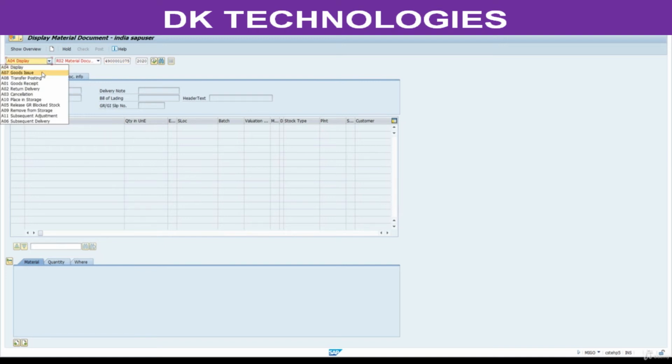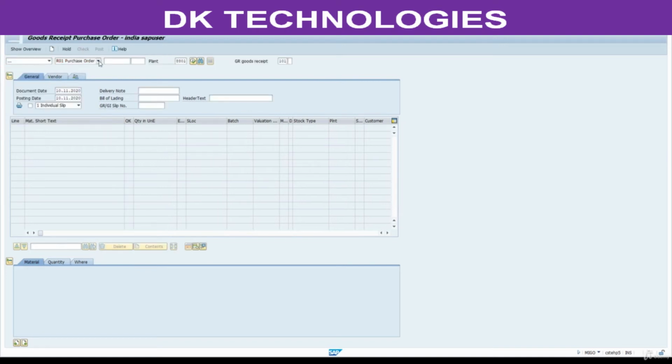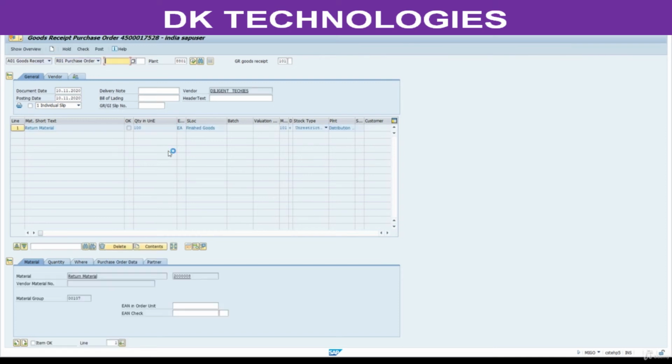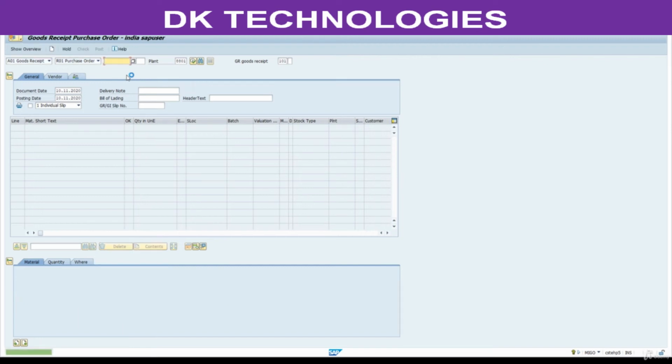Now select here goods receipt with reference to purchase order. Select item is OK. Check this. We don't have any issue. Post this. We have successfully posted this.